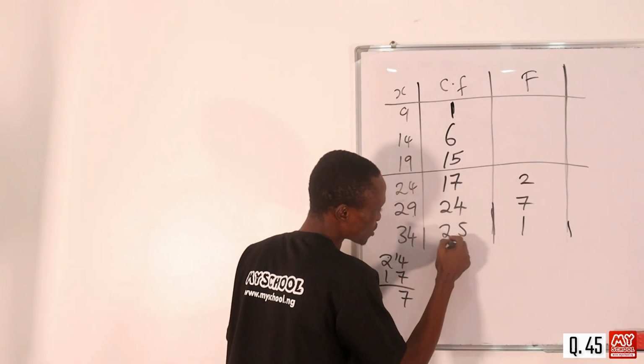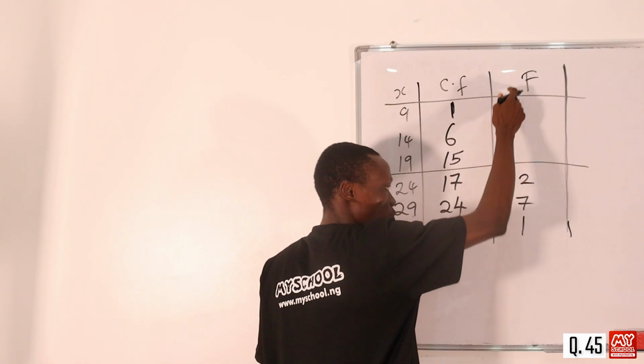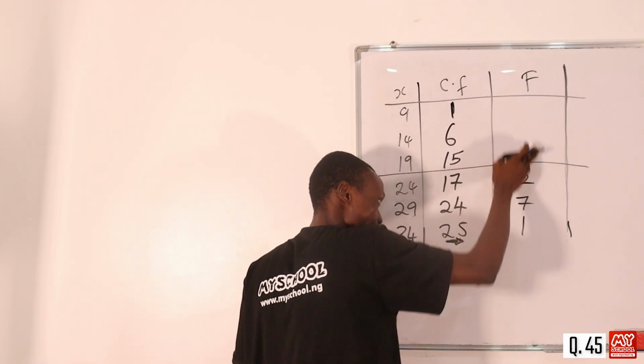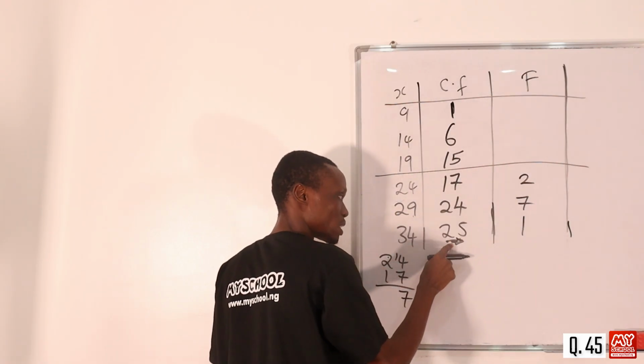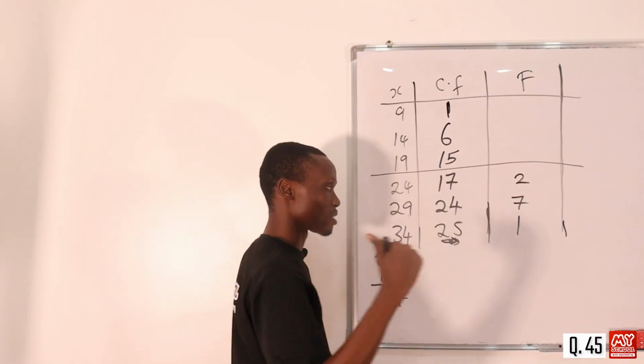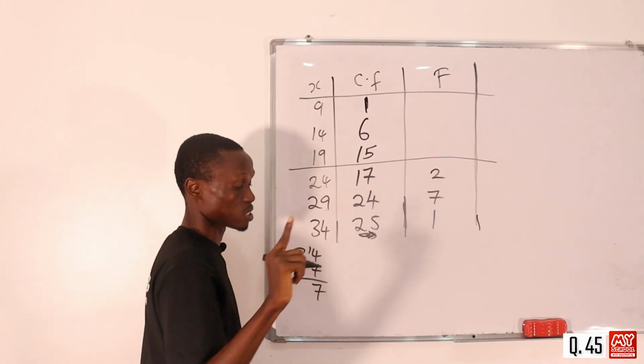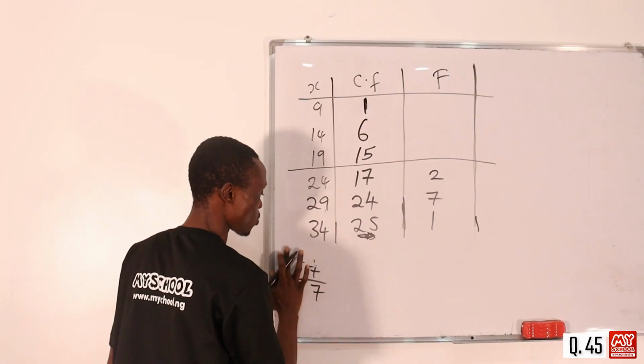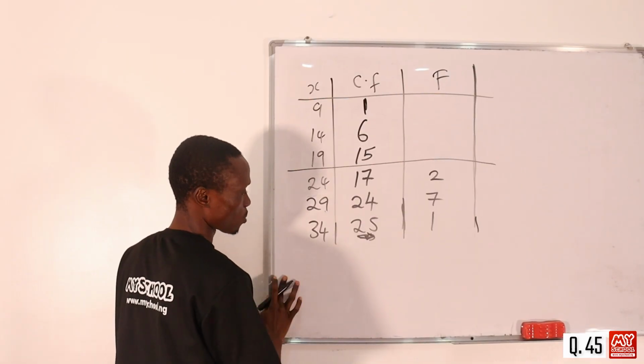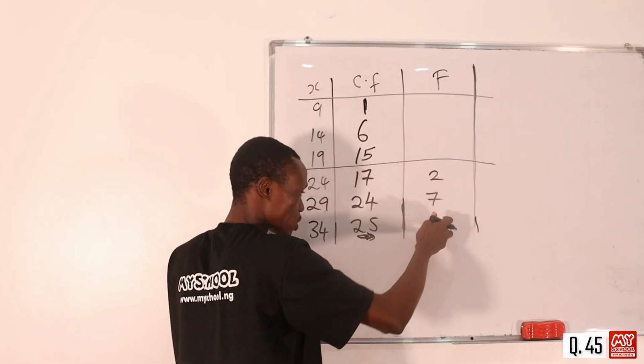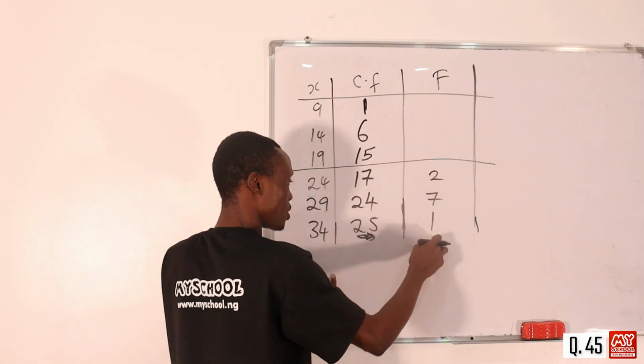Now, remember that the last number here actually represents the sum of all the frequencies. If we add all the frequencies, it is going to be equal to the last value here. Now, if you check the graph, there's no cumulative frequency for 39, so that means 39 is not part of the solution. If we add all the frequencies together from the beginning to here, it's going to be equal